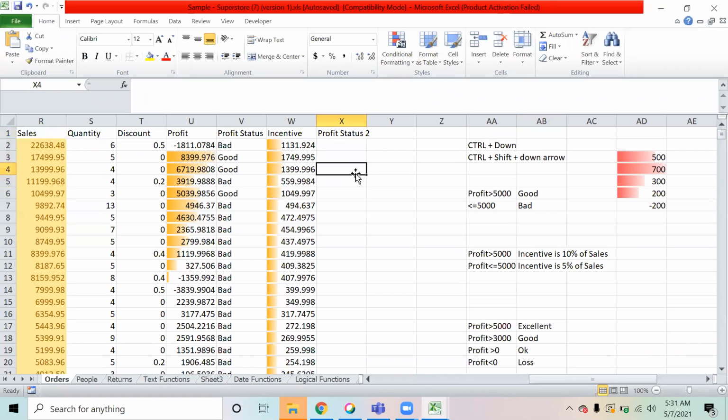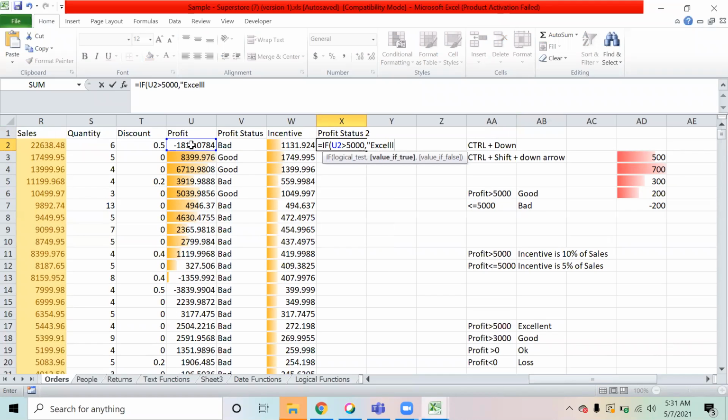Right. So in this case, basically, you have to build additional conditions. You would have said if the profit is greater than 5,000, output is excellent, and in case the condition is false, you use an if condition again. Now inside this if, your condition is checking whether it is more than 3,000. If the condition is true, you say good.